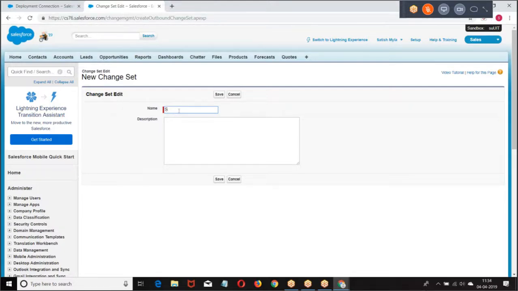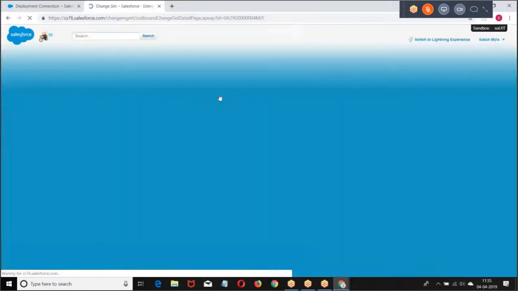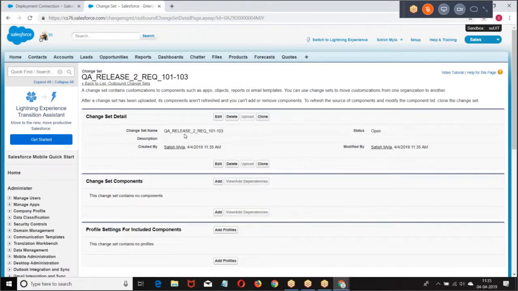Now I'll name it Sprint 3 requirement, or QA release. QA release 2, requirements 1.0.1 to 1.0.3.